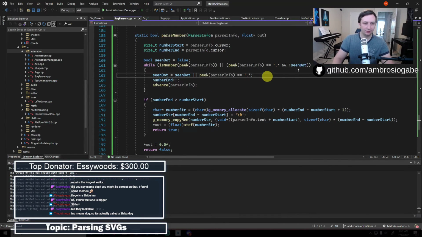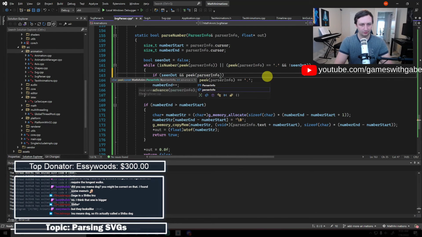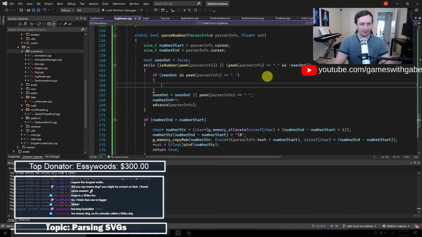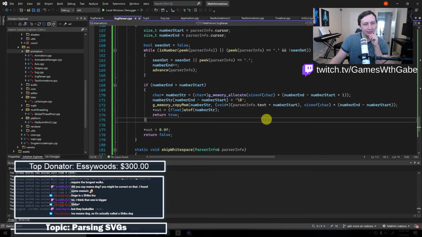I want to do something here. If we have seen the dot, then this is an error. Well, I don't know. Is that an error? I don't know. We'll just leave it for now. Okay, so that should parse the number.